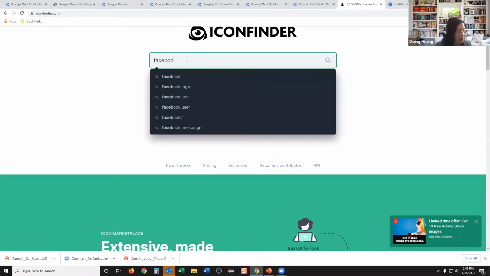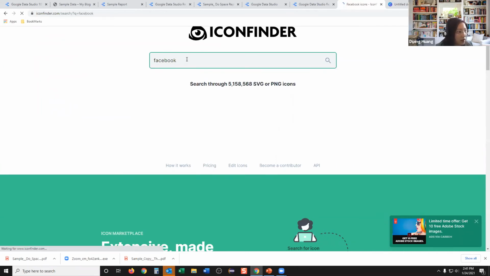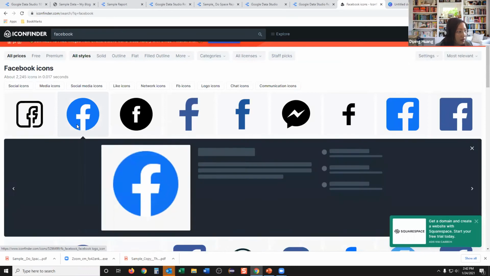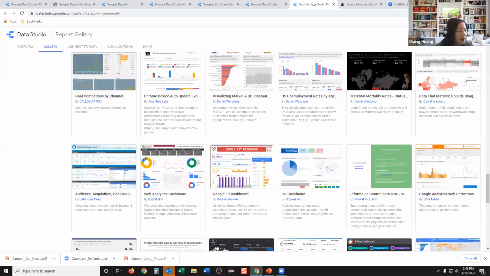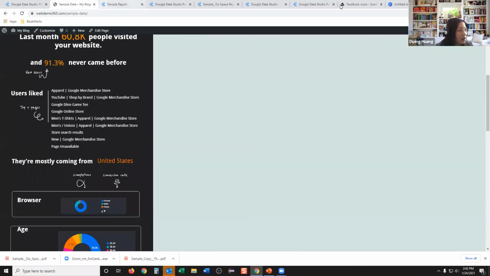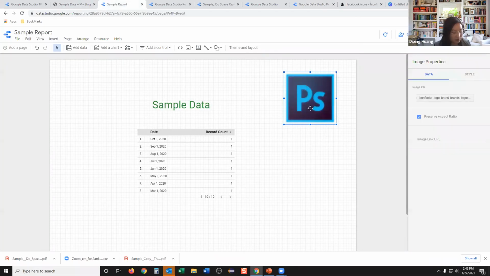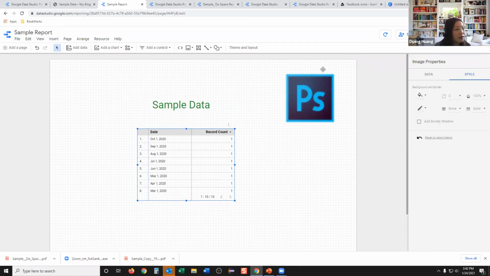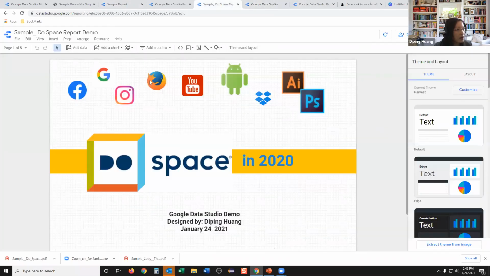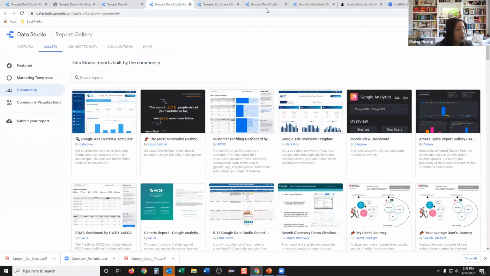For example, if I would like to find the Facebook icon, I can download it to my computer, and then I can upload it to the Google Data Studio and add it to my dashboard. And this is how I build a dashboard from scratch. I already created one. Let's go back to,